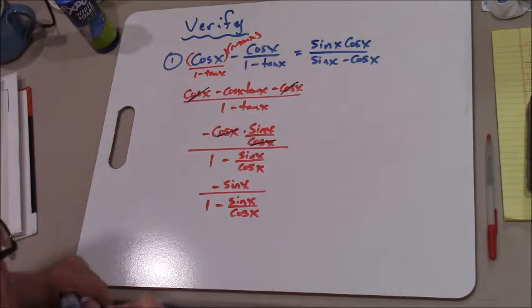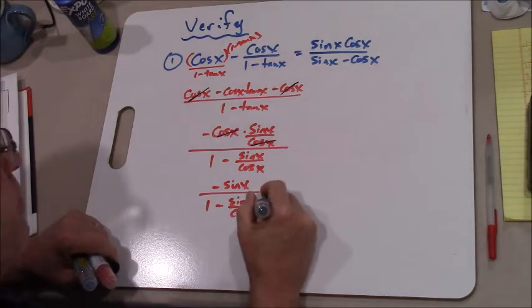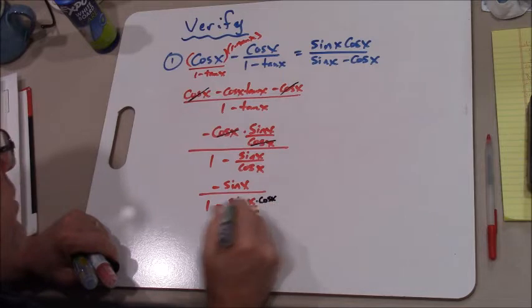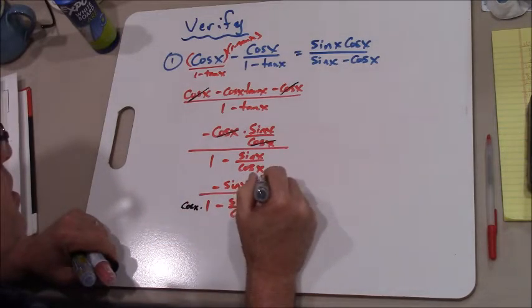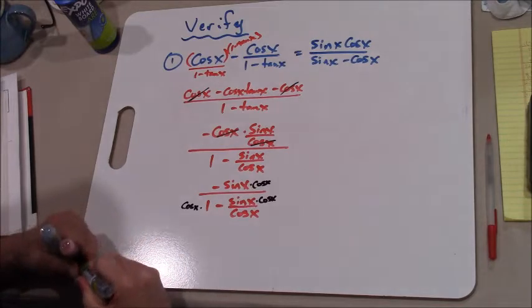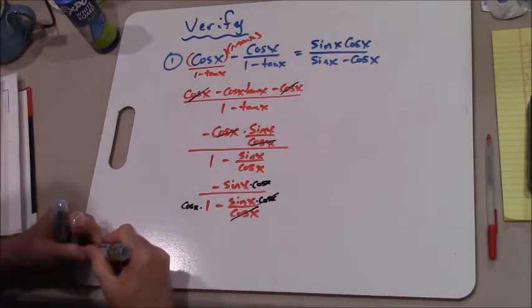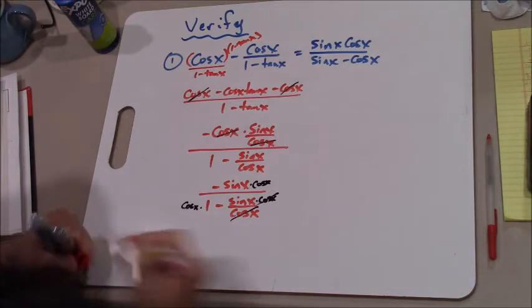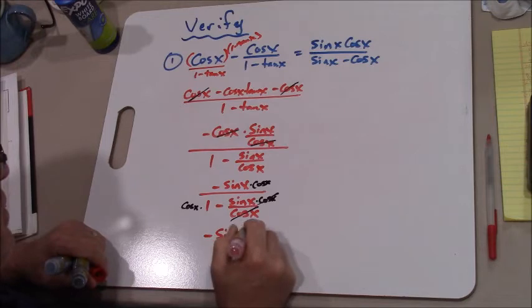So the only denominator here is a cosine of x. So I'm going to multiply every term by cosine x. I'll do it there, I'll do it here, and I'll do it here. And so these cosines will cancel. And so now what I have is a negative sine of x